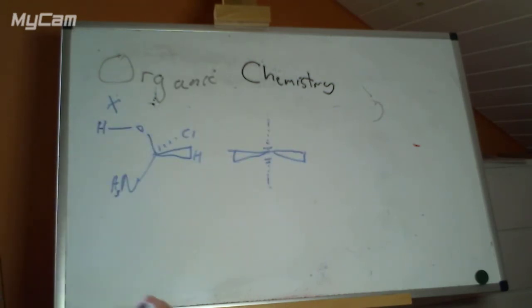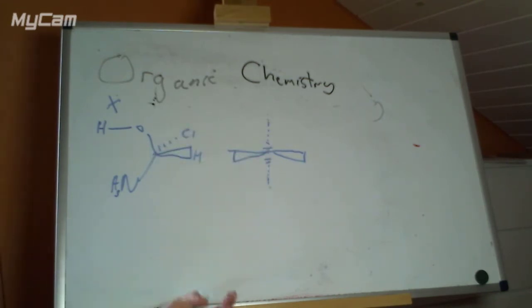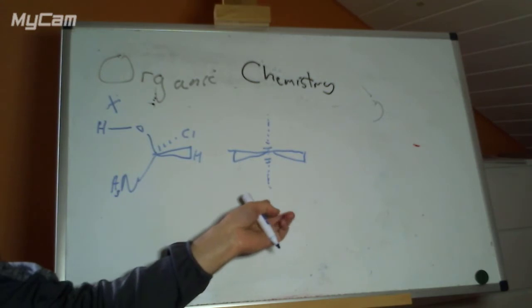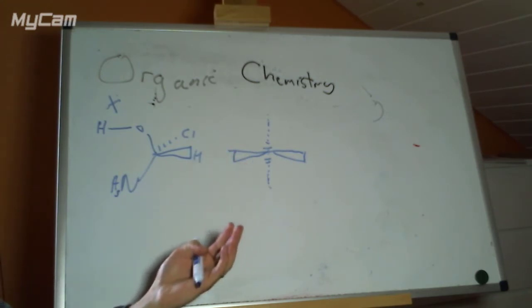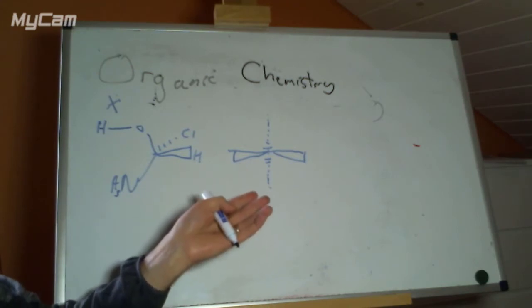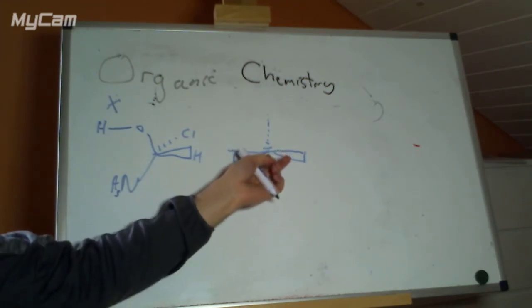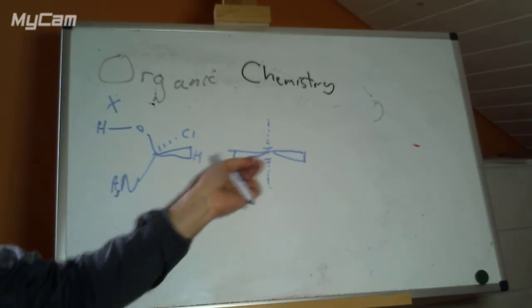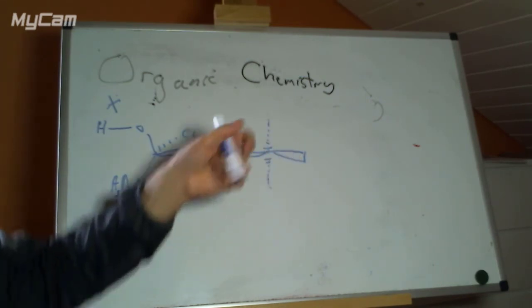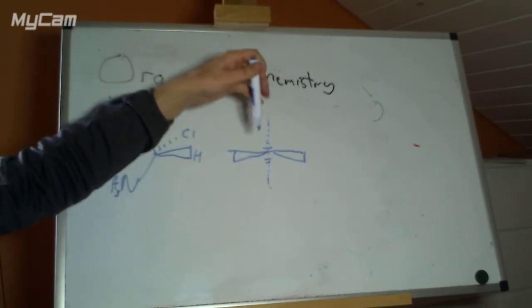This is a type of projection that enables us also to draw one center, and it also has a problem when we get to the next center, but it has a convention that deals with that slightly better. The convention for Fischer projections for drawing centers that are next to each other, so carbons that are next to each other that we need to know the orientation of, is that the carbon chain is drawn vertically, and you